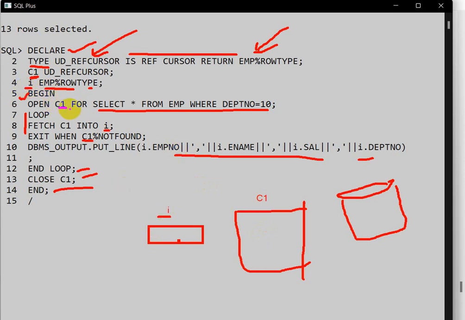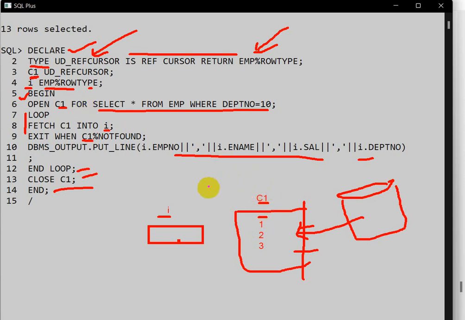Now we are opening the cursor, and this statement will execute, and whatever data related to department number 10 in the employee table will go here. Let's suppose there are three employees present in department number 10. So 1, 2, 3, so three employee details will come into this cursor C1, right?